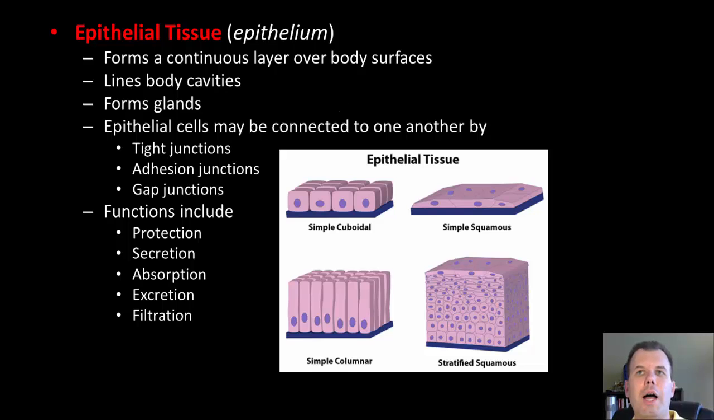Okay, it also lines body cavities. It also forms the glands. So in the integumentary system, which is what we're going to be looking at this week, we're also going to be talking about the skin and the glands, the sebaceous or oil glands, and those are epithelial tissue. We also have epithelial cells that are connected to one another through either tight junctions, adhesion junctions,